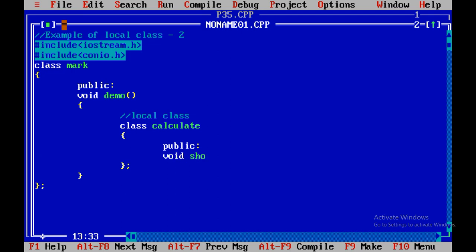Again, I am going to develop one method which is part of the calculate class. Void show.